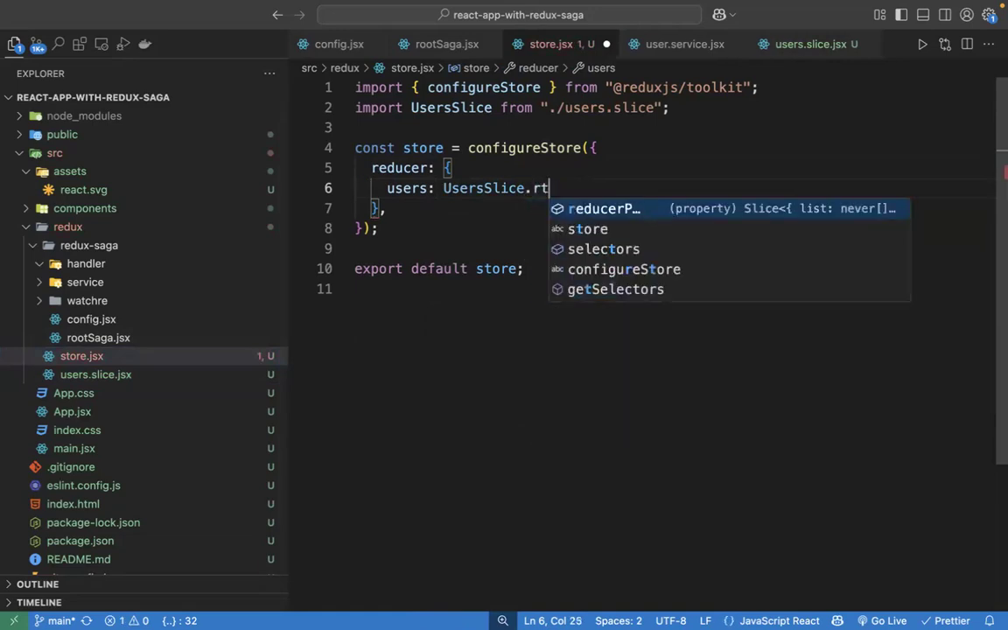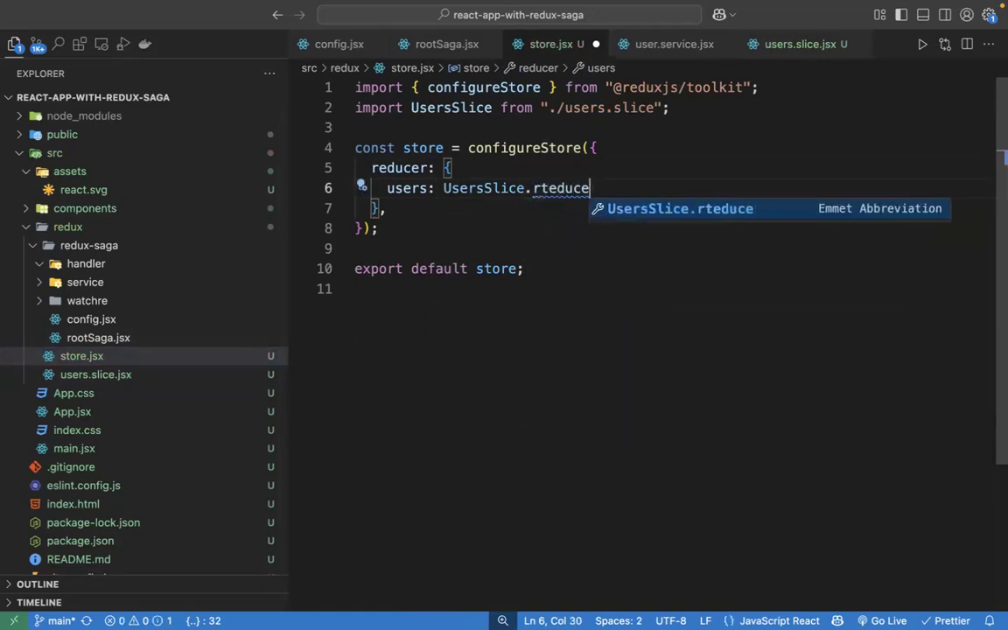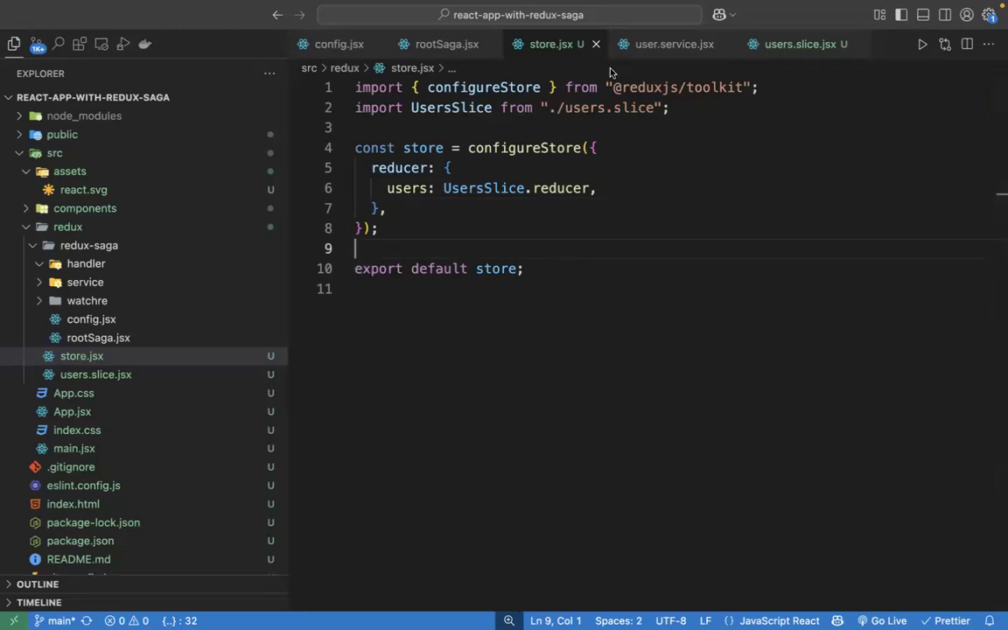Dot reducer. Okay. Now the next. Now we will move towards the next thing. So the next is going to be